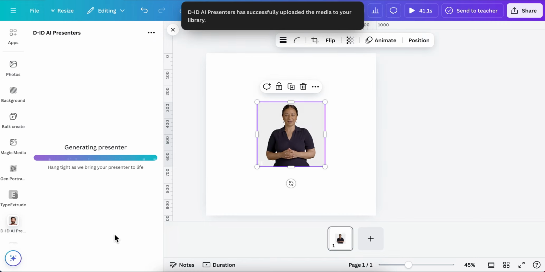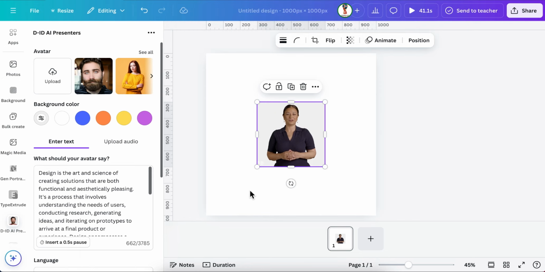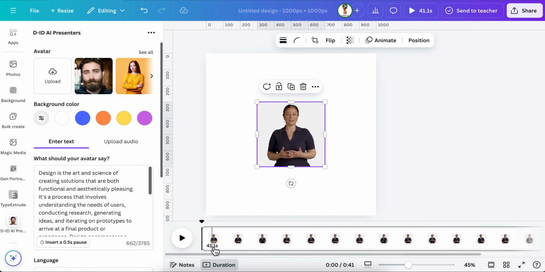Design is the art and science of creating solutions that are both functional and aesthetically pleasing. It's a process that involves understanding the needs of users, conducting research, generating ideas, and iterating on prototypes to arrive at a final product or